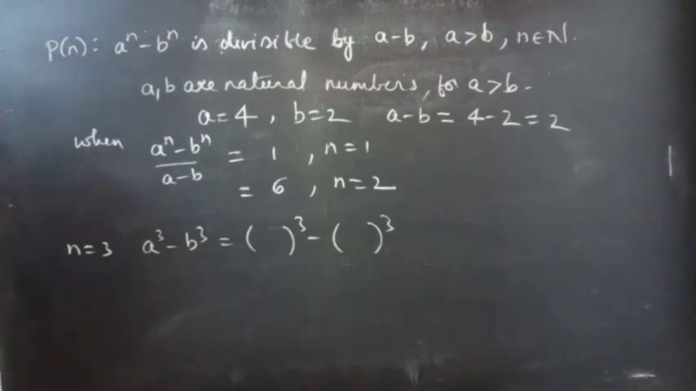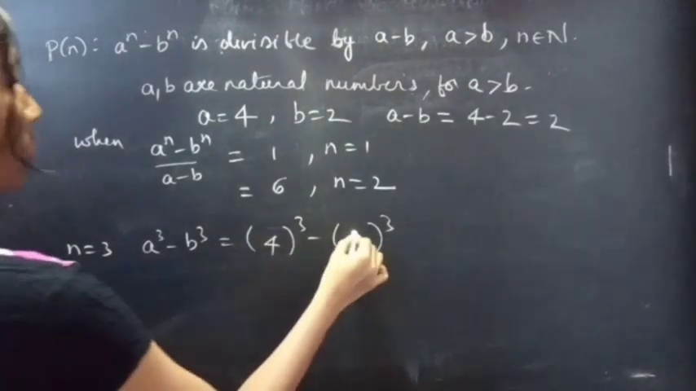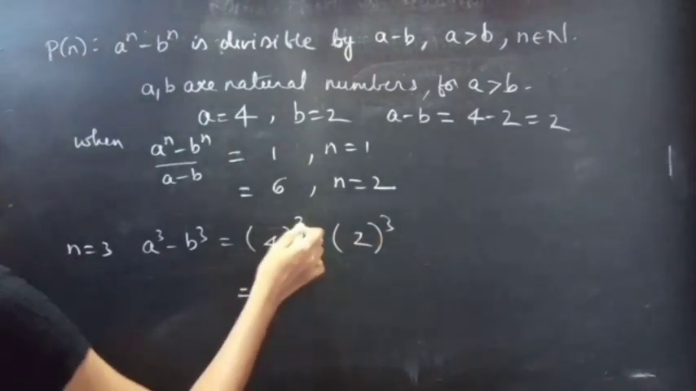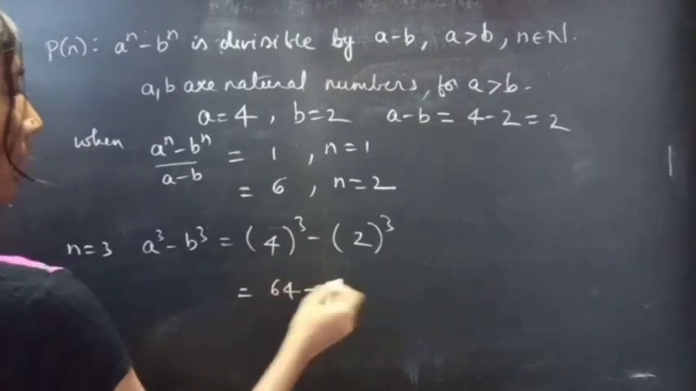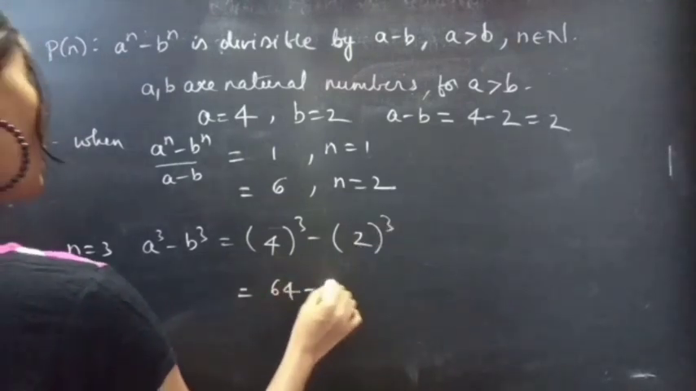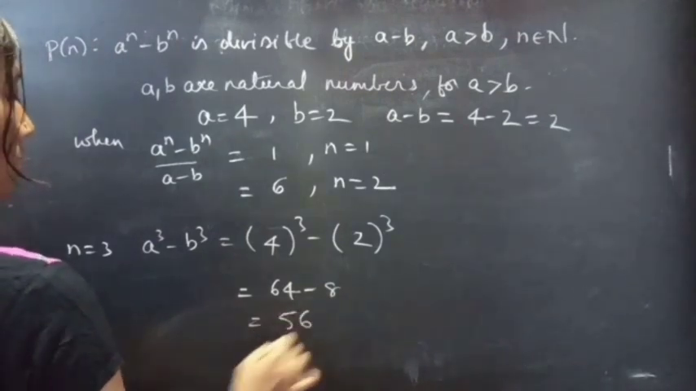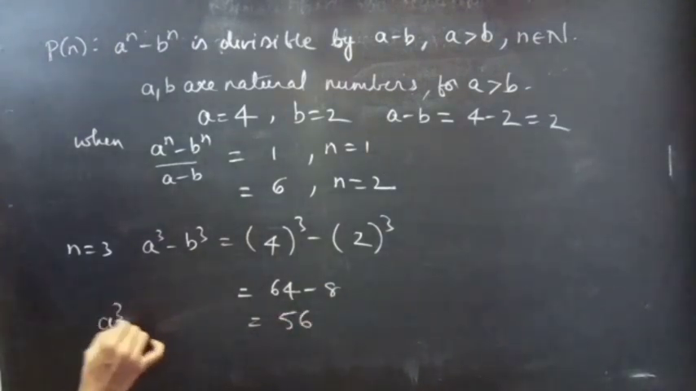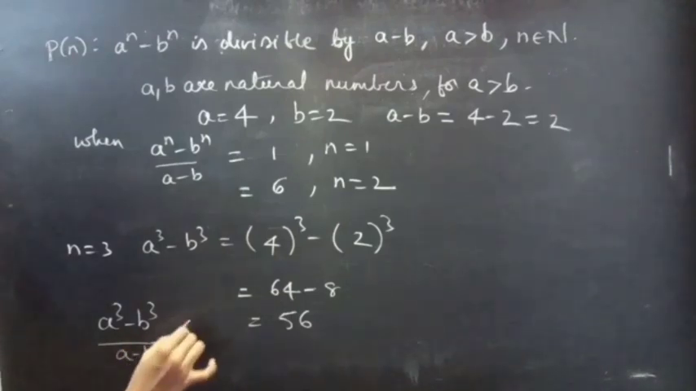Now let's see for n equals 3. For a equals 4 and b equals 2, we'll get 4 cubed: 4 4s are 16, 16 4s are 64, minus 2 cubed: 2 2s are 4, 4 2s are 8. 64 minus 8, 56. We'll see whether a cube minus b cube is divisible by a minus b or not. 56 divided by a minus b, 2, gives